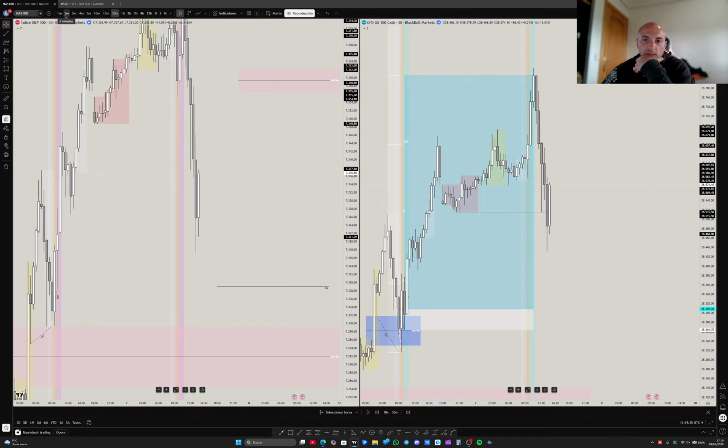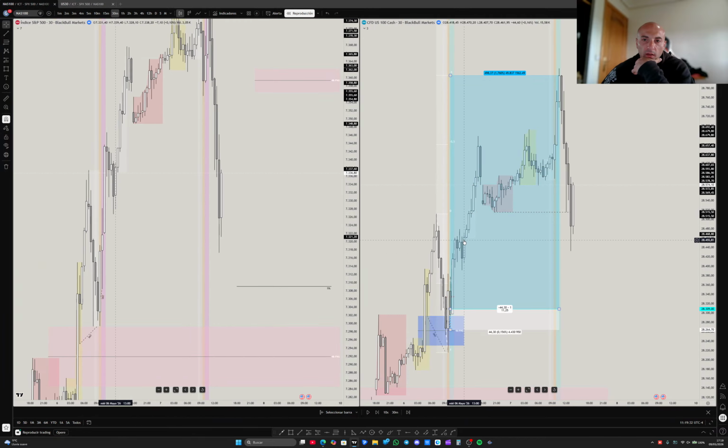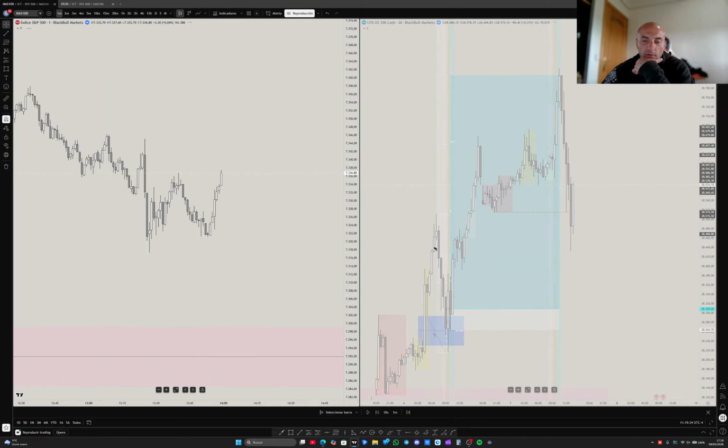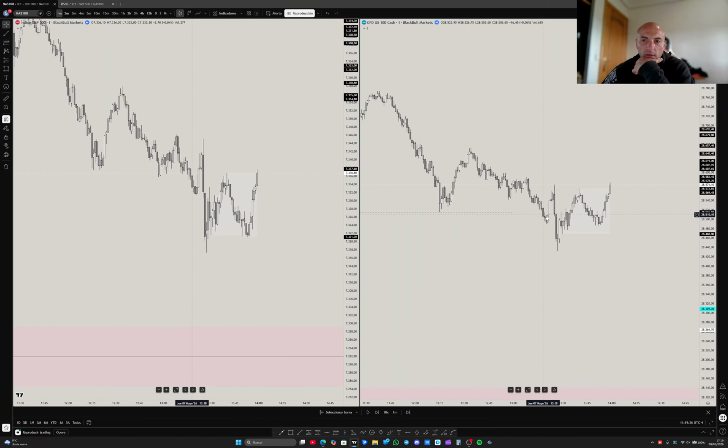You got this sell side taken. You're in an order block right now on the 30-minute, and after you take the sell side, you change the state, take the sell side again, which is the internal one, and after taking the internal one,